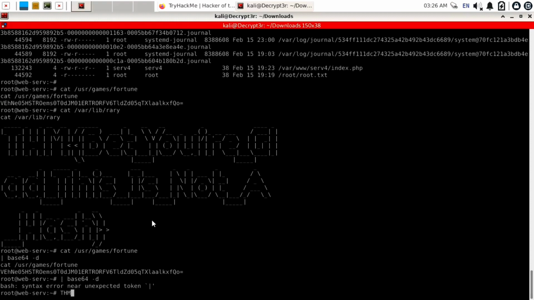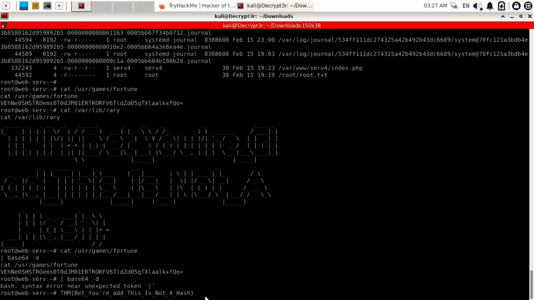It is THM, open curly bracket, bet underscore UR, that is EL or A double D, I don't know, UR underscore AD underscore, this is not a hash. Close the curly bracket and copy this flag.